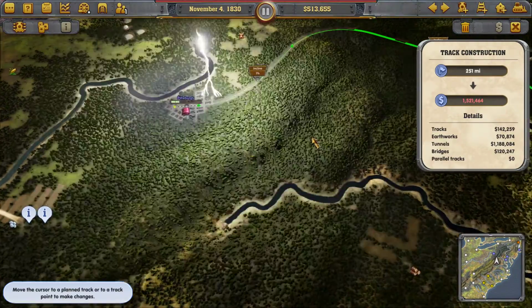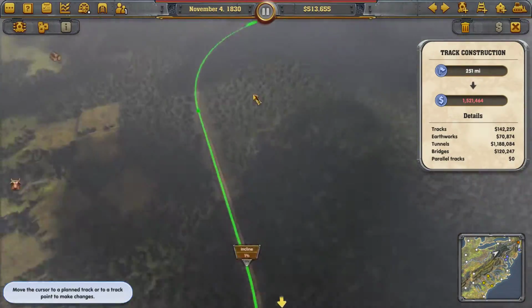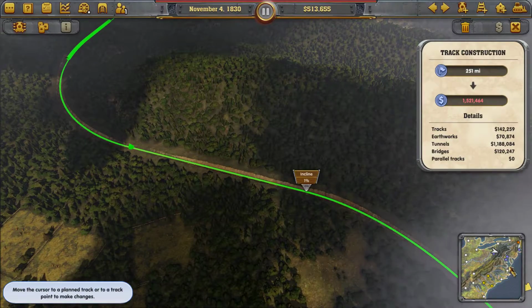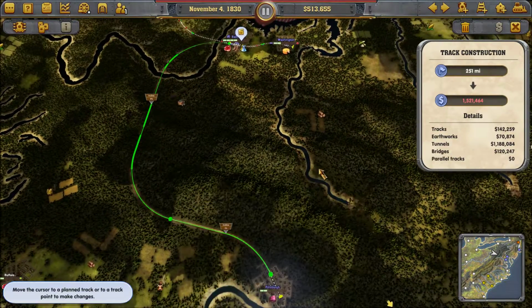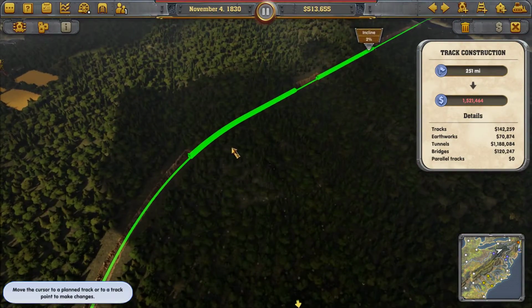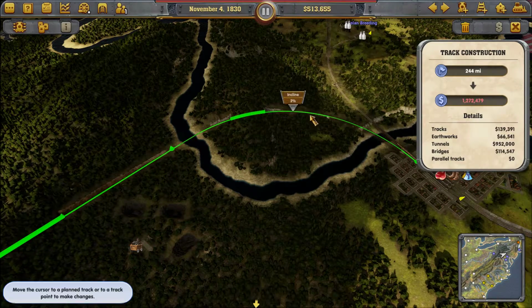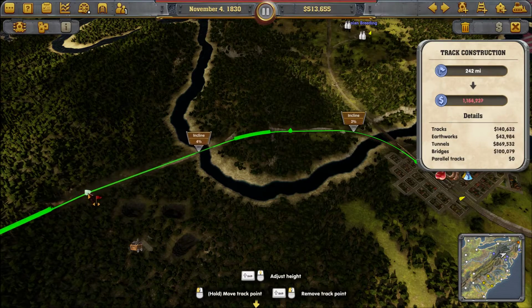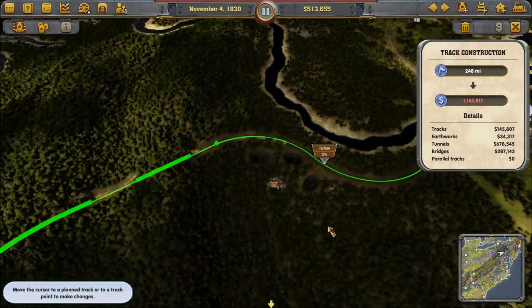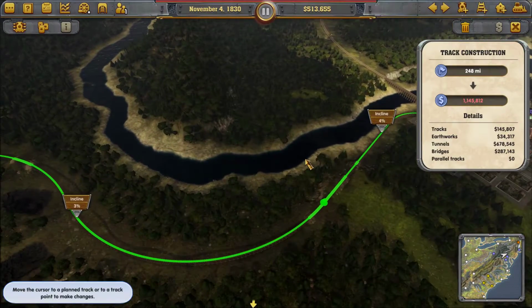Look at these mountains. So what I'm kind of wondering is, can I have a look at whether, can I see a topographic map maybe? Well, I can see some major ridges going on over here. So how am I gonna do that? It's massive. We'll have to tunnel through here somewhere. Okay, so let's grab that. Okay. So if we do something like this, how does that go in terms of cost? So what is this? Tunnels and bridges. Man, that's crazy. Look at...